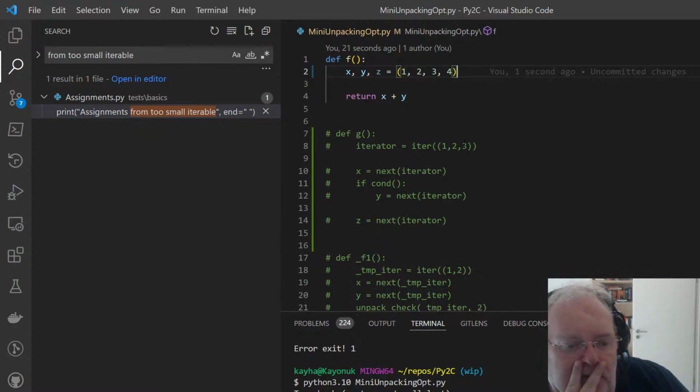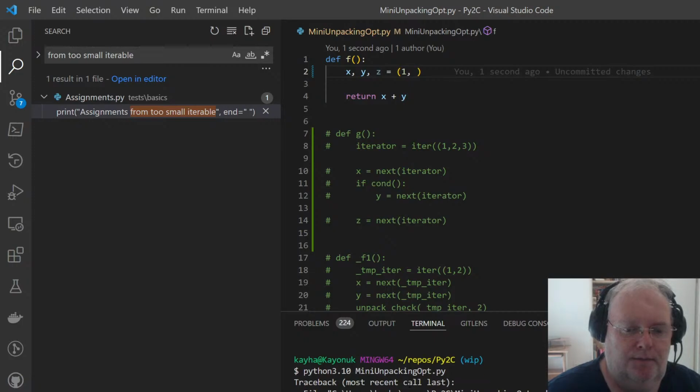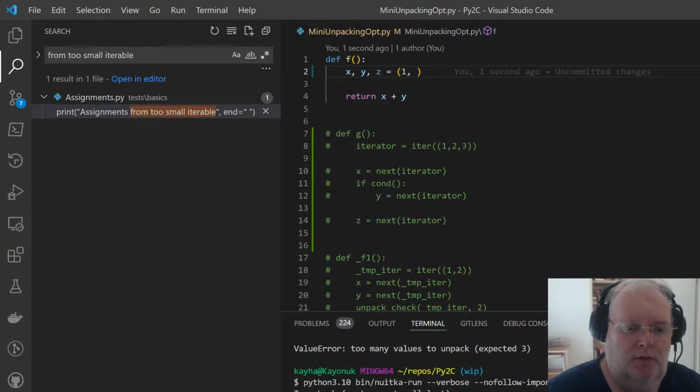Too many values. But I don't know. I don't know that. How do I know? Do I know what I'm expecting 2 values? I don't know how many iterations there are going to be. I'm the assignment node. I don't know. I don't know that.